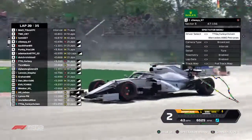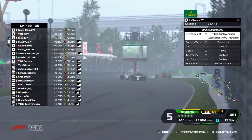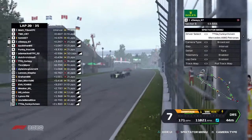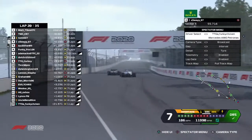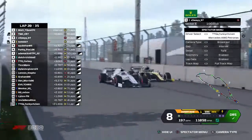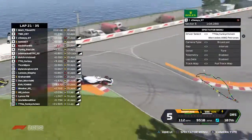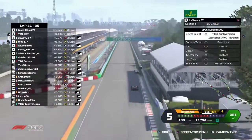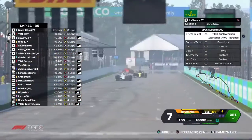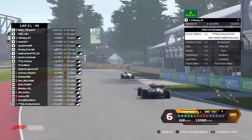Tondeval locks a brake into the hairpin, runs a little bit deep, takes Sway with him. Another Sway is right in DRS range as they head onto the back straight, and Ayub Khan not far behind either. This should be a fairly easy pass for Sway. DRS pops open. And up to P3 he goes. Tom swaps back to the inside. But that is position gained, and he'll get the DRS again down the start-finish straight to pull away from the